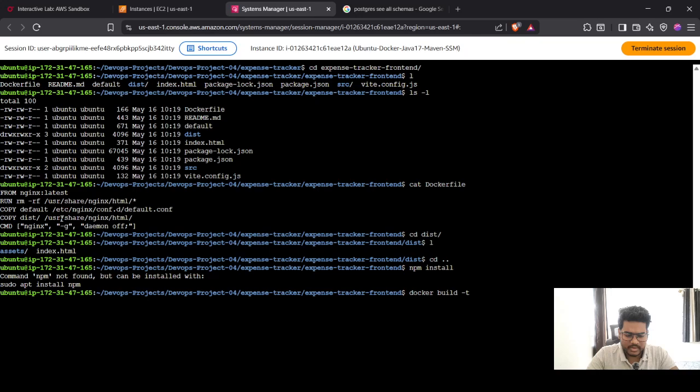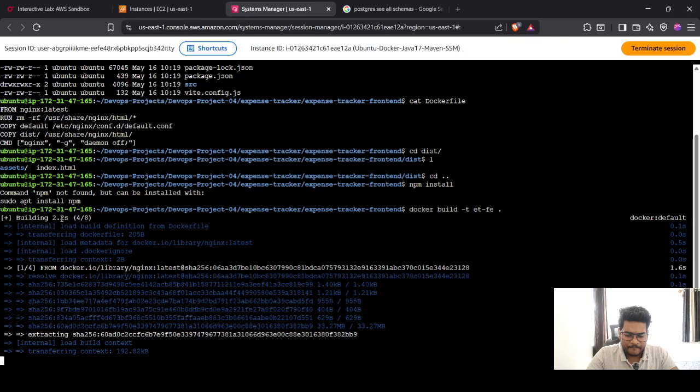Docker build -t, and you have to give the image name, you can give anything, like etfe, and just do the dot. Okay,